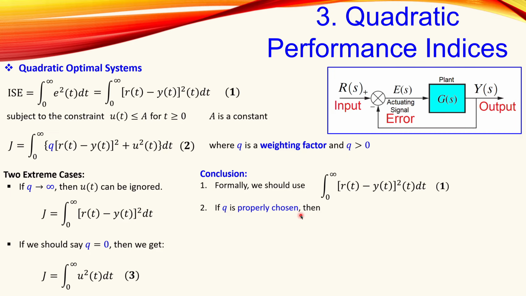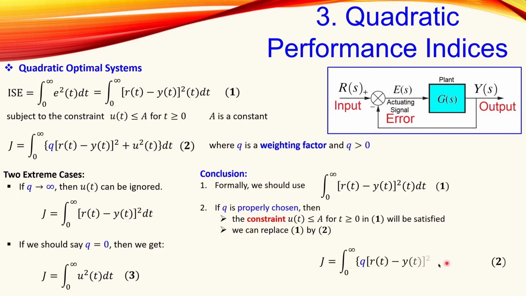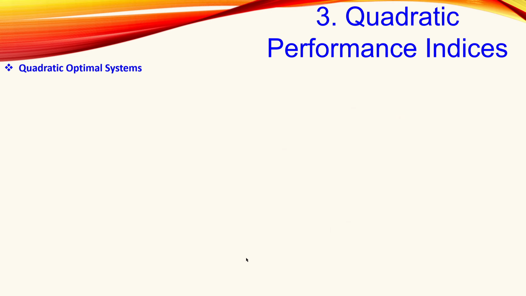Now, if Q is properly chosen, then the constraint, what you have here, for a u actuating signal smaller than or equal to A for all time, will be satisfied. And also we can replace equation number 1 by equation number 2, which is actually this, if, of course, this condition is met, so that Q is chosen properly. Okay, so that's actually also one of the changes we need to make in order to calculate this more easily